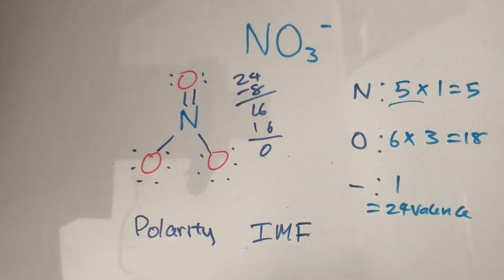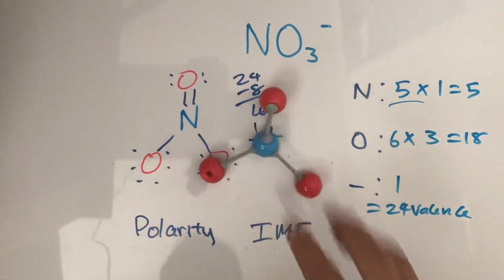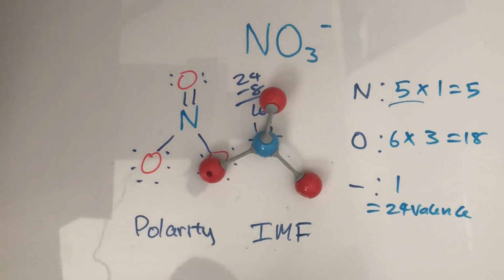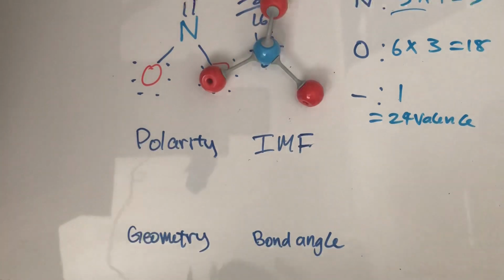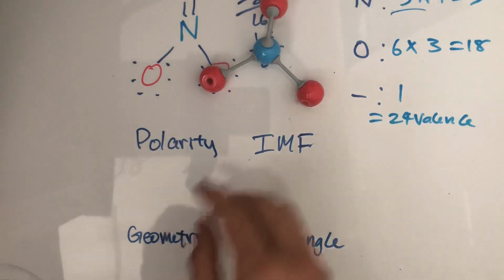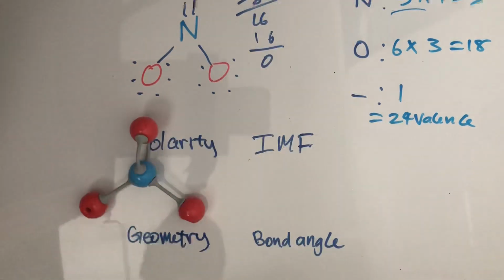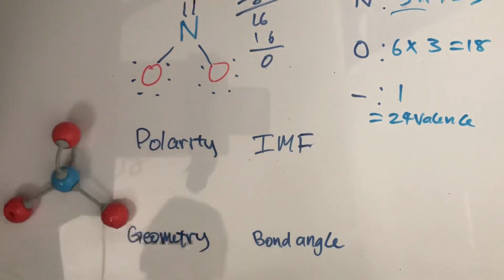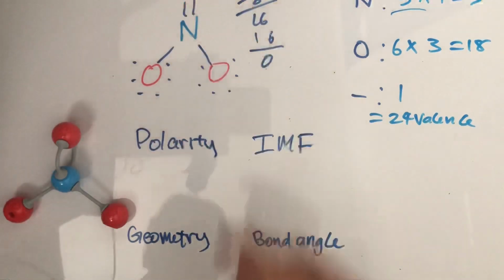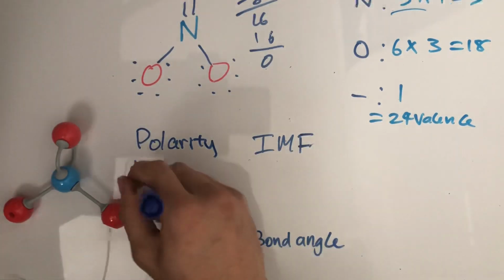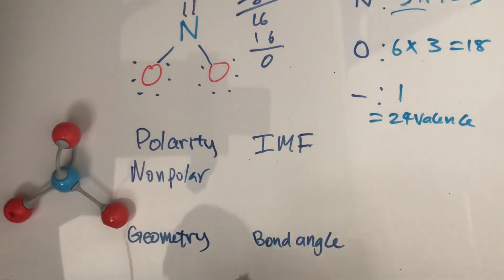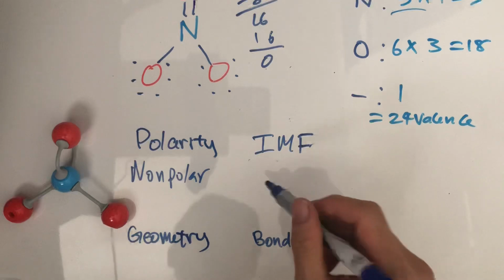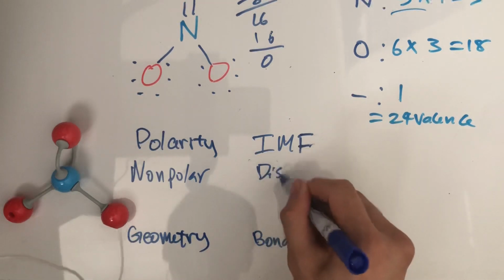And now I've decided to bring in a 3D model to help us answer any further questions that we might have, like the polarity of our atom, the intermolecular forces, geometry, and bond angle as such. Polarity, we can see in our atom, is nonpolar because all of these atoms are equally shared and there's no uneven pulling. Nonpolar. And that means our intermolecular forces, we wouldn't have dipole or hydrogen bonding, we would just be left with our dispersion